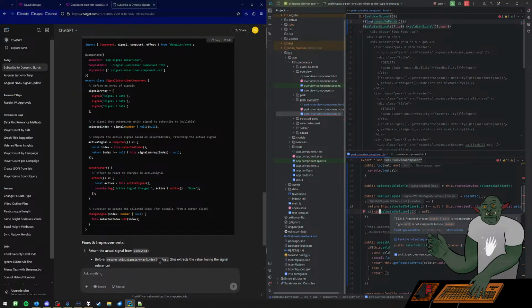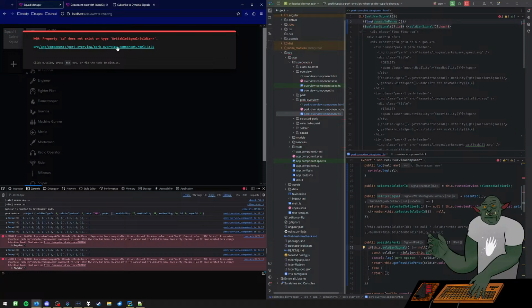And now it's going to complain this is possibly null. So we're going to guarantee it's going to be a number because we checked it earlier. Oh, that's not a good way to close that. That might be. Property ID does not exist on type. Right, but it's still like,